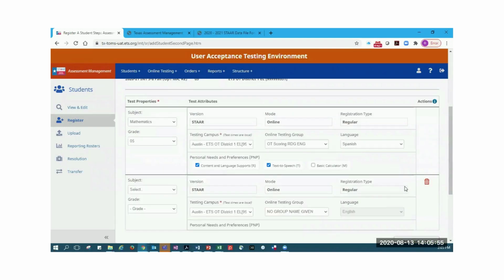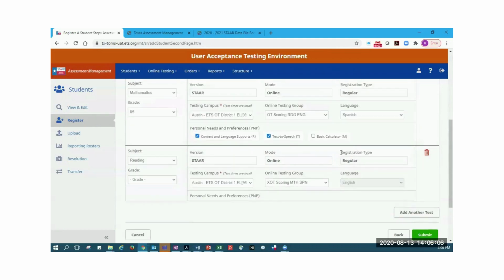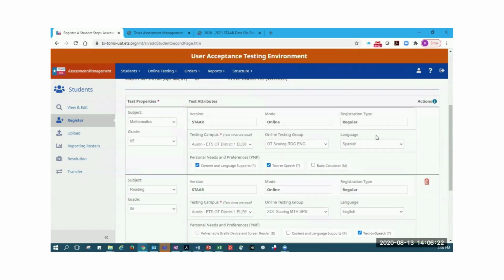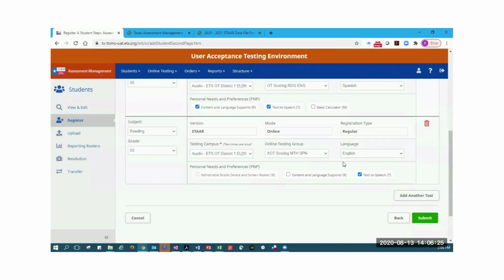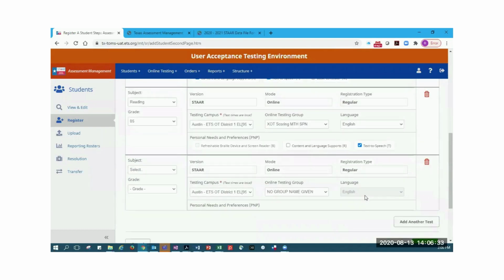If the student's also going to take a reading test, I would just click on the add another button and follow the same process. And again, I've got various tests here. Maybe in this particular test, I've got to pick grade level. This particular student is going to test in English and just needs text to speech. Again, these settings are up to you and what is needed by the student. So let's move on. So once you've completed that process, obviously there are no more tests to add, except for, I'll throw this out, we talked about testing off grade